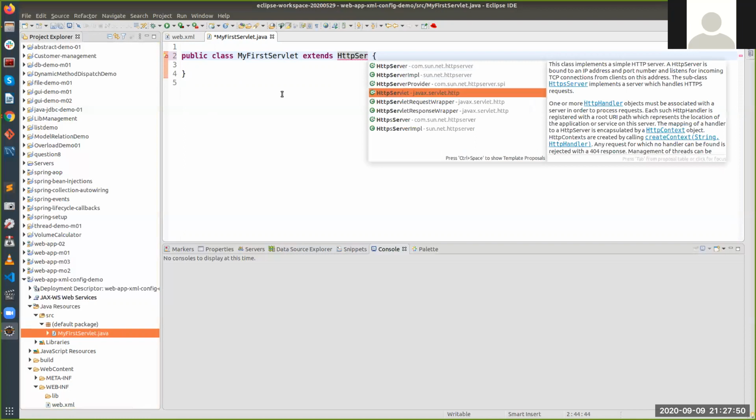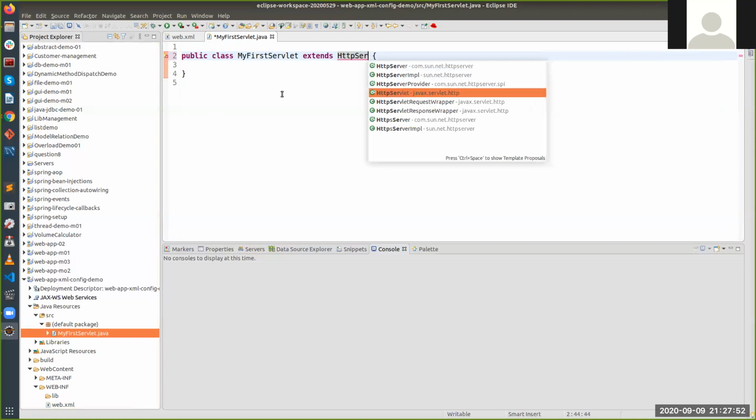This HttpServlet is a Java EE class, and it is going to give MyFirstServlet the feature of being a servlet so that it can be called by the URL.